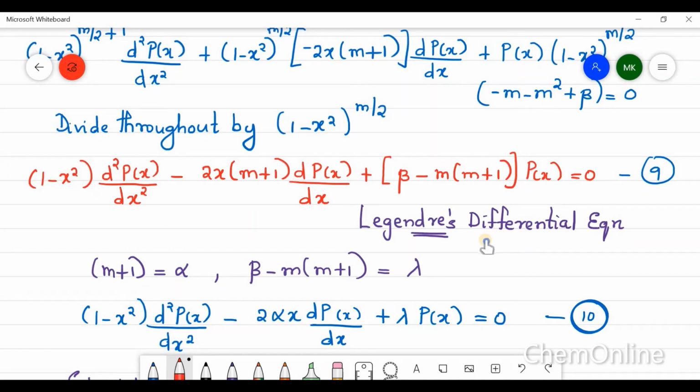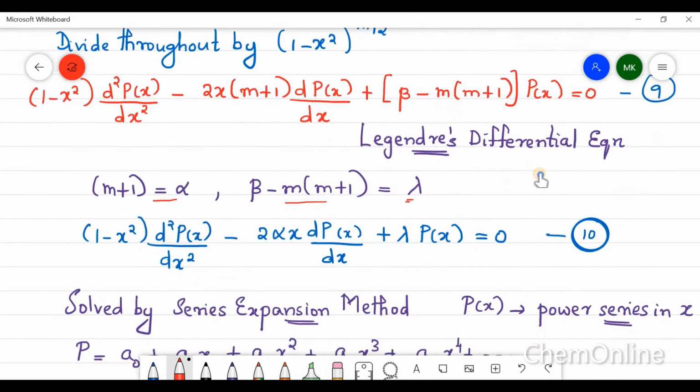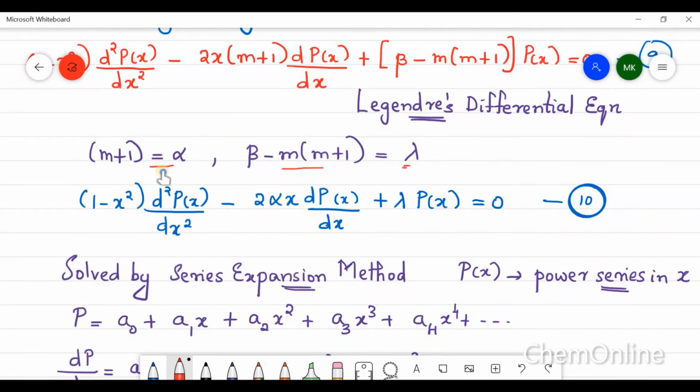Equation 8 was the Legendre equation, and now we have to find Legendre's differential equation. Now we are going to simplify this equation by giving some substitutions. Let m plus 1 equal alpha and beta minus m into m plus 1 equal lambda. If we substitute for m plus 1 and beta minus m into m plus 1 in equation 9, we get